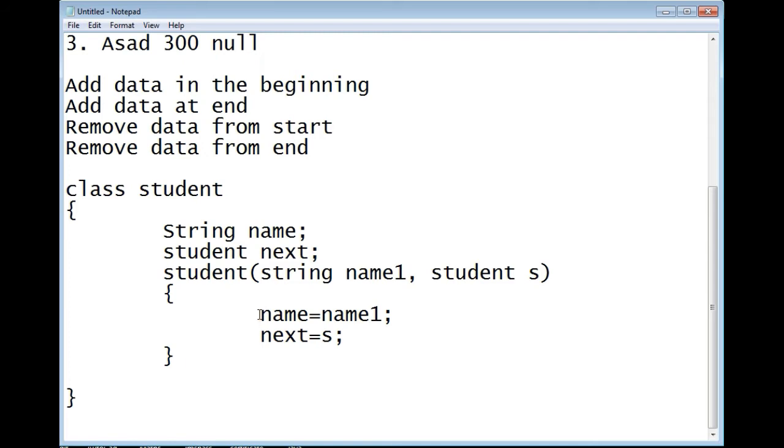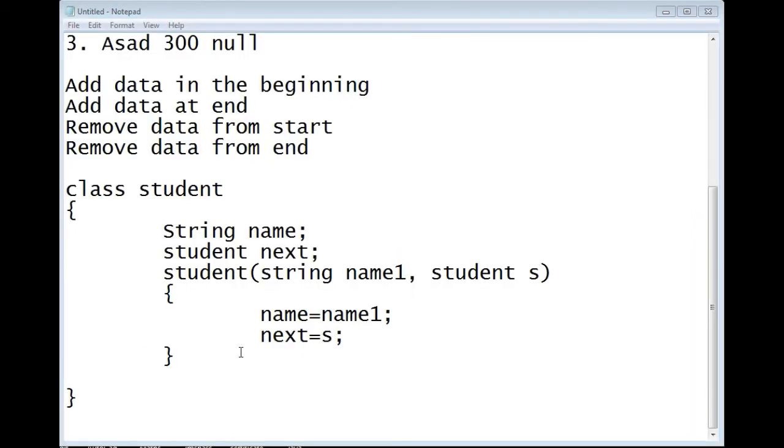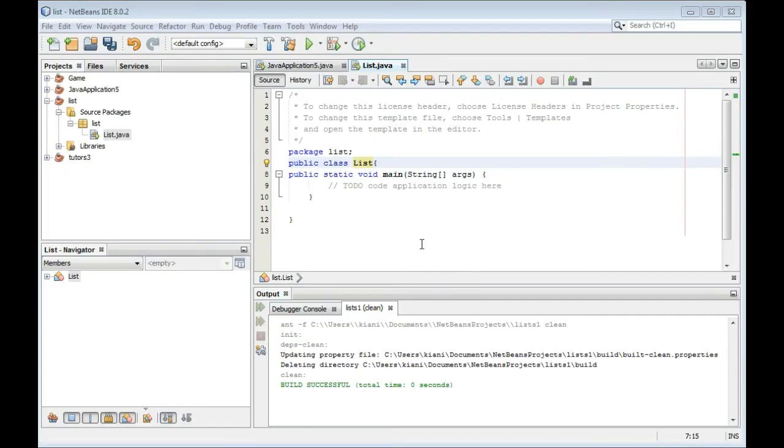So we will see in the IDE how we can make this list. Now we have created a project, list, and we have list.java here.